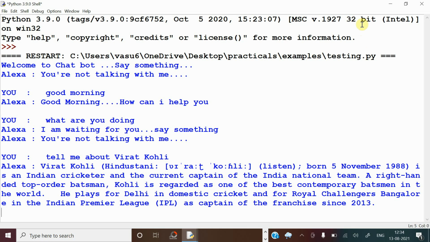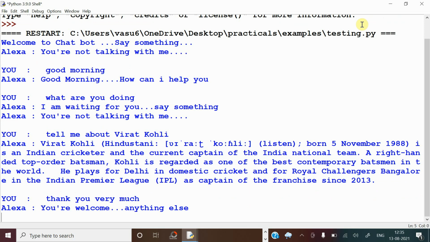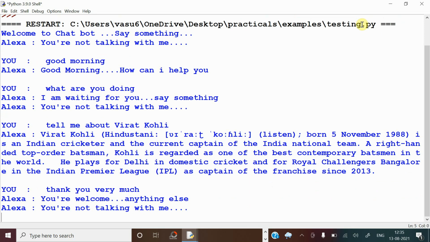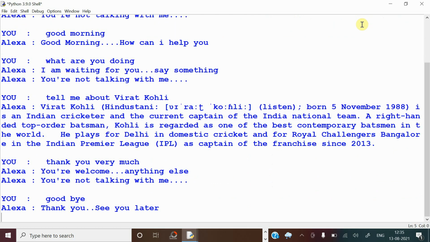A right-handed top-order batsman, Kohli is regarded as one of the best contemporary batsmen in the world. He plays for Delhi in domestic cricket and for Royal Challengers Bangalore in the Indian Premier League, IPL, as captain of the franchise since 2013. Alexa, thank you very much. You're welcome. Anything else? No, goodbye. You're not talking with me. Alexa, goodbye. Thank you. See you later.